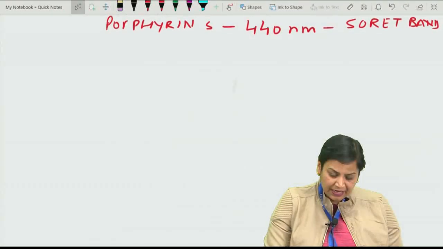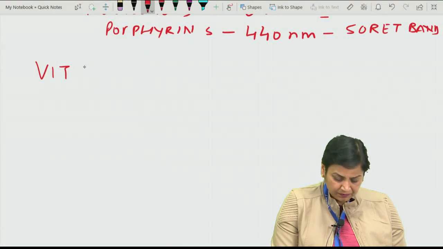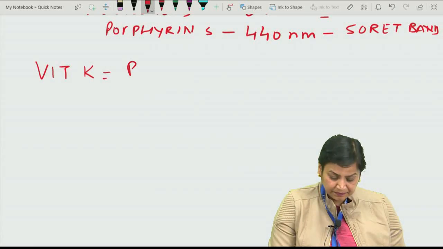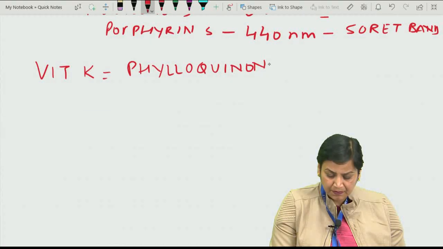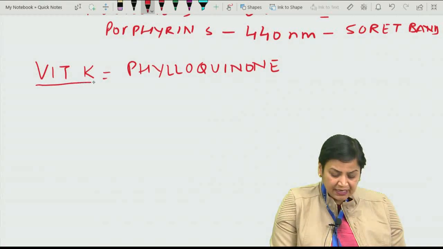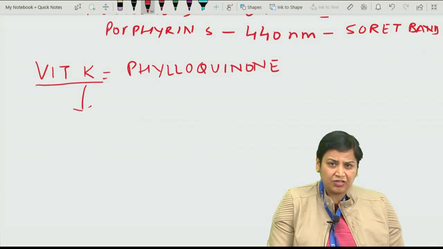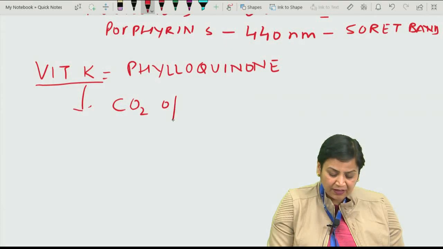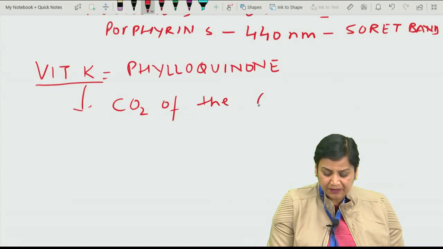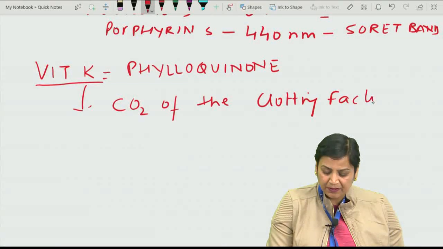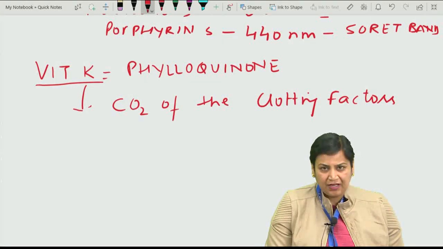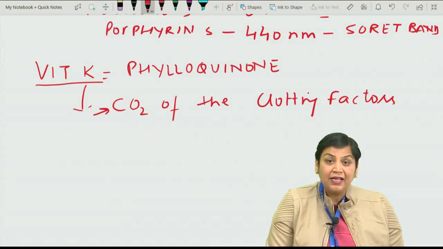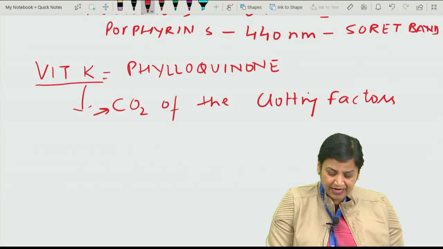The active form of vitamin K is phylloquinone, and the major function of vitamin K is carboxylation of the clotting factors. Carboxylation means it helps in the attachment of carbon dioxide to